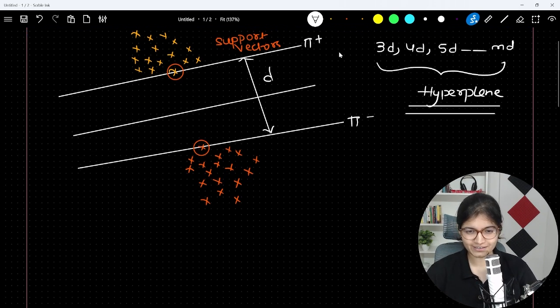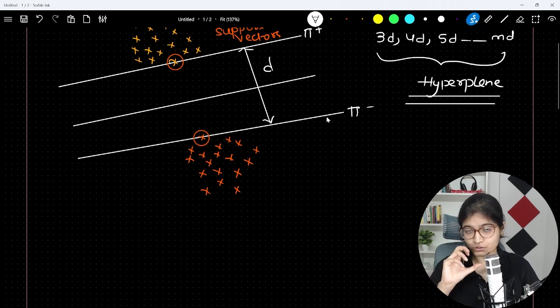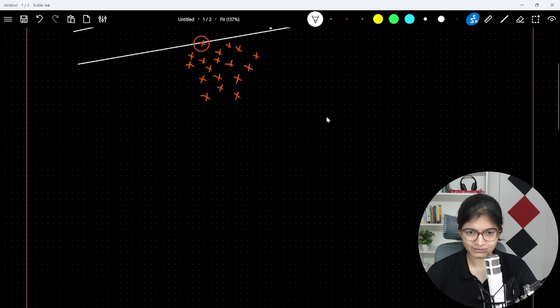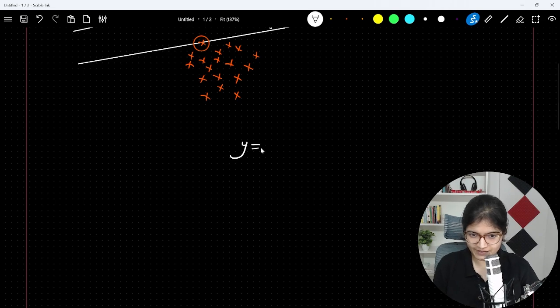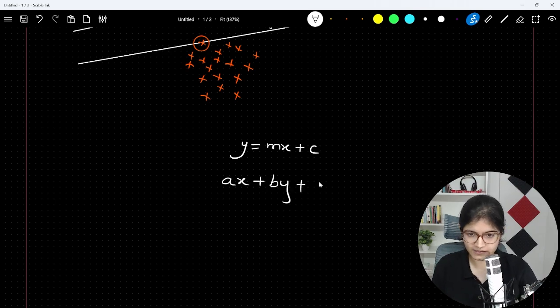Now, let's say it's an equation of a line, if we're talking about a 2D space. You all know that the equation of a line looks like y = mx + c, which in general form, as we discussed in the last session also, we can write as ax + by + c = 0. If you compare this equation with the above equation and try to find the value of m and c, or the value of y,